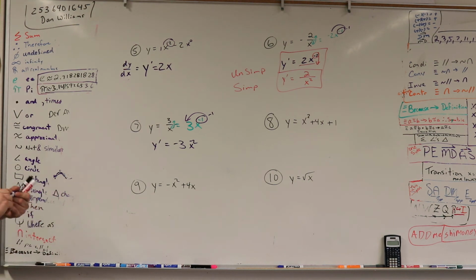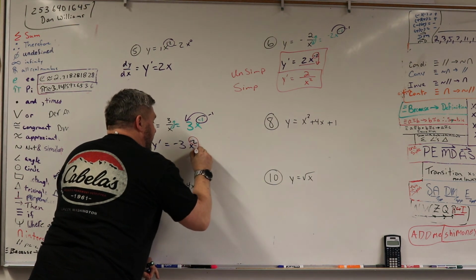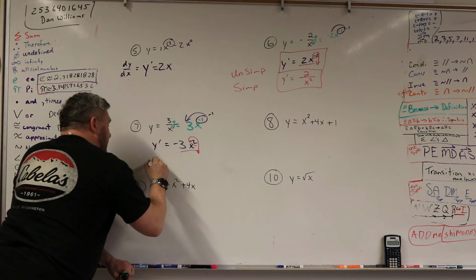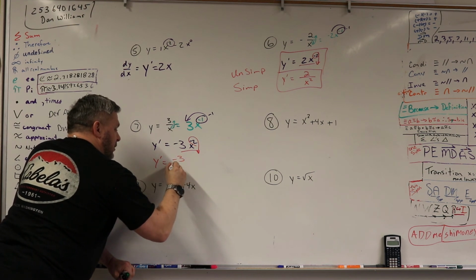Cool? And now we simplify it. So we're going to take this negative 2 and bring it down, right? And so that means that y prime is going to equal what? Negative 3, or